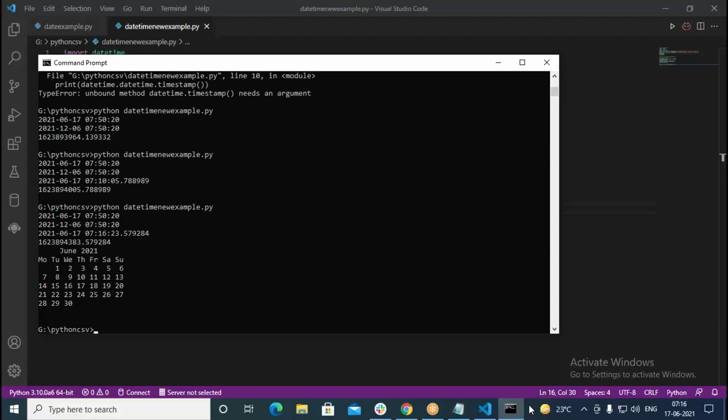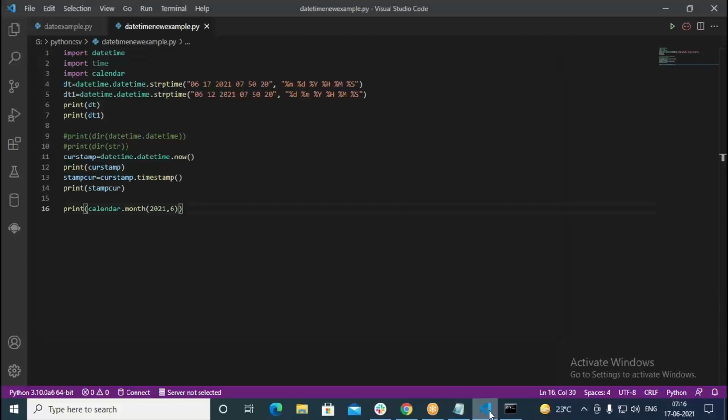Okay, so we have a namespace called calendar. From the calendar class, the method I used belongs to the class, not to the object. Whereas timestamp belongs to the concerned object, because we created an object and then used it with that object.